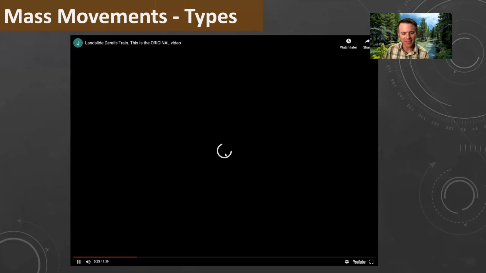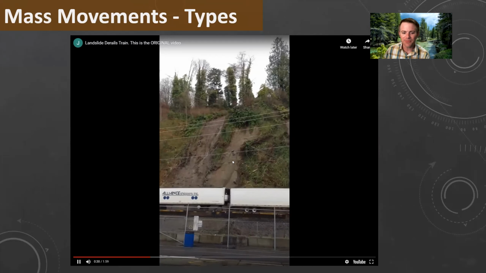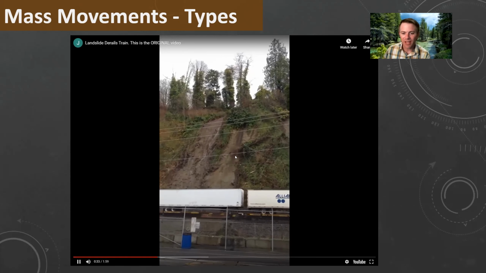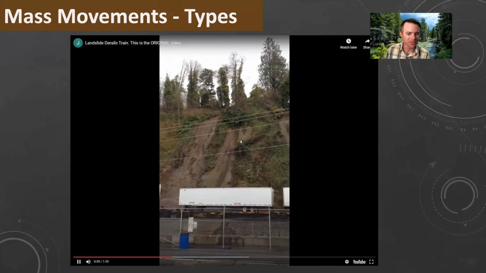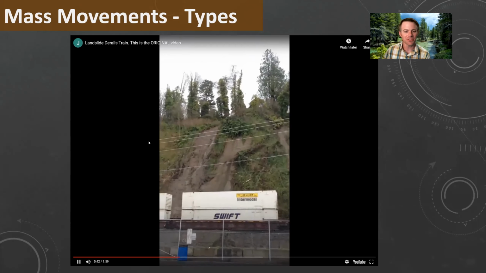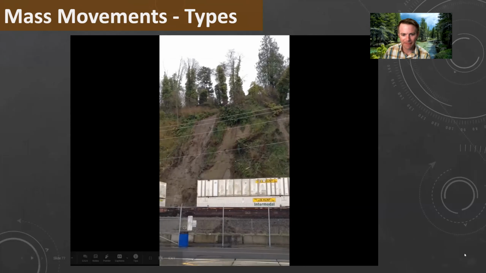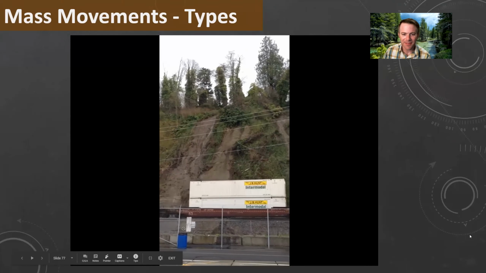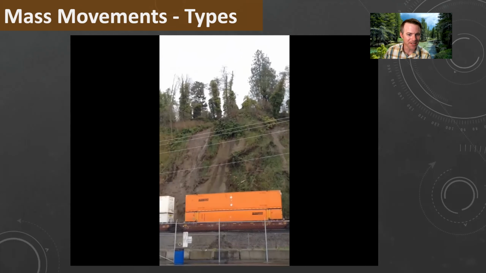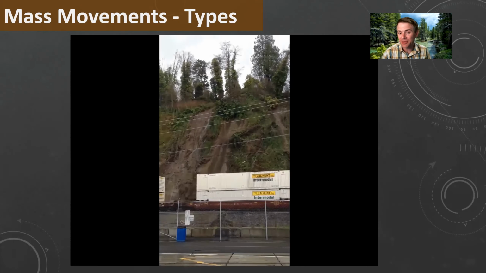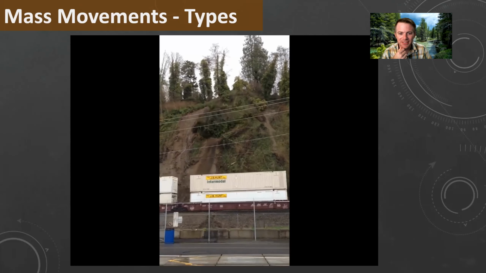So here's another little landslide. This one is from Washington, and you can see the little precursors of the sediment falling. The reason it's getting jiggled is all the trains going by this really oversteepened slope of sediments that are fairly loose. And jiggle, jiggle, jiggle. Give it a second here. There was a geologist out there filming it because they knew something was amiss, but I don't think they thought this was going to happen. So remember, this is very similar to the Rio Coca video that you saw, where little bits go, and then all of a sudden,